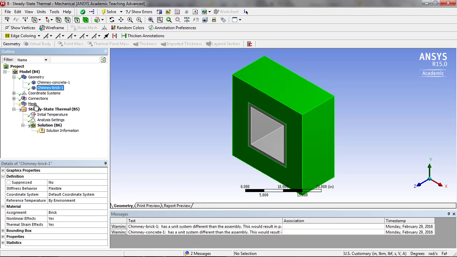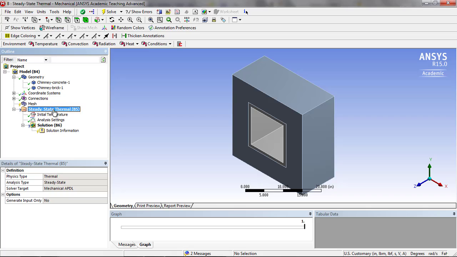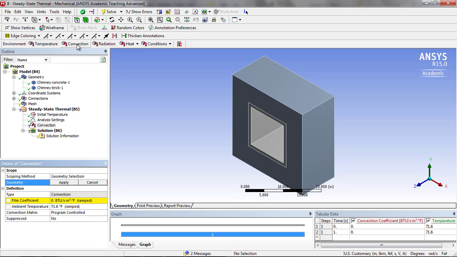All right, so we're not worried about meshing quite yet. Let's get the boundary conditions applied. So we just have convection on the outside, and we have convection on the inside. And this just is insulated here. This is basically just a cross-section slice, so we'll just keep this as insulated. And so it's just convection on the inside and the outside. And so let's go into thermal, so we can get convection. Up here is our boundary conditions, so